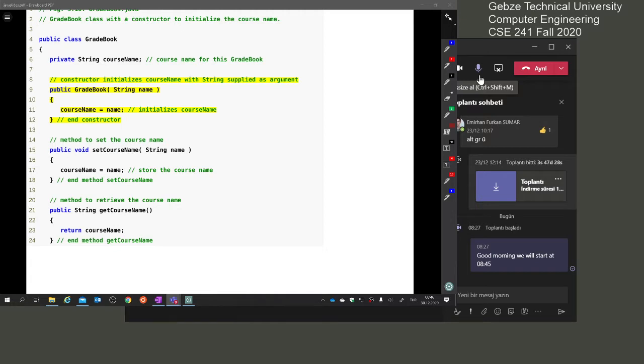Let's go back to this gradebook class in Java. Gradebook is a very simple class. If we draw the UML diagram of this class, it is simply